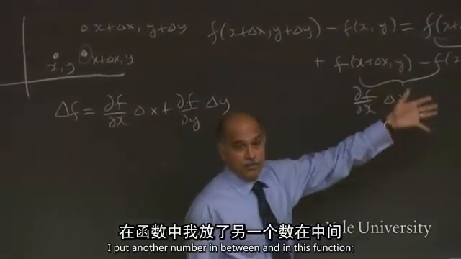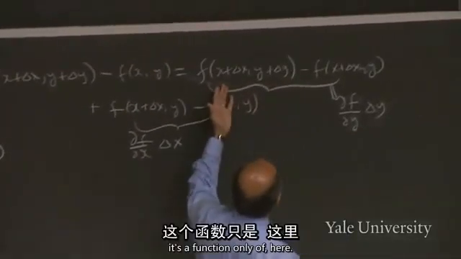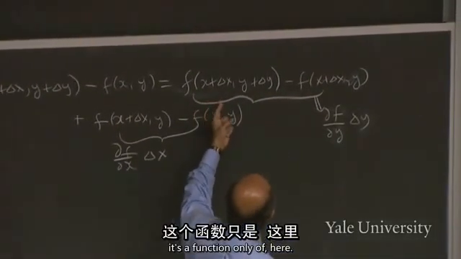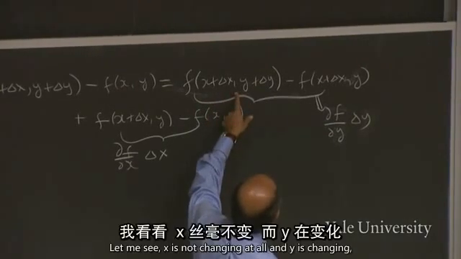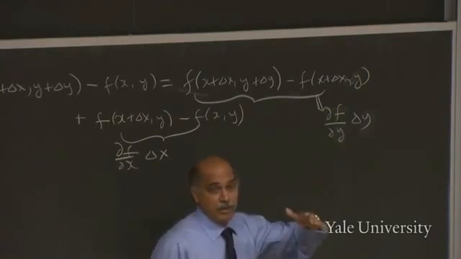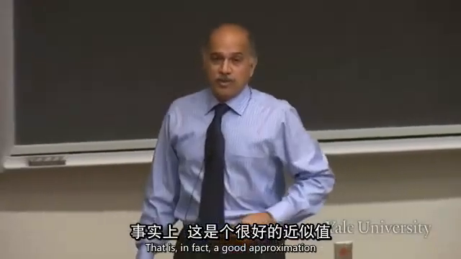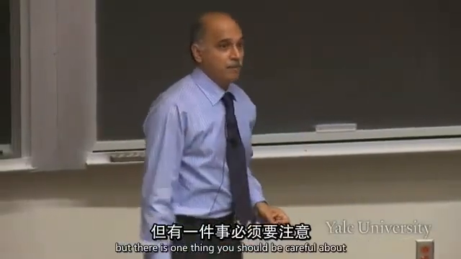I put another number in between. And in this function, it's a function only of y here. X is not changing at all and y is changing, so it is df dy delta y. So that is, in fact, a good approximation, but there is one thing you should be careful about,